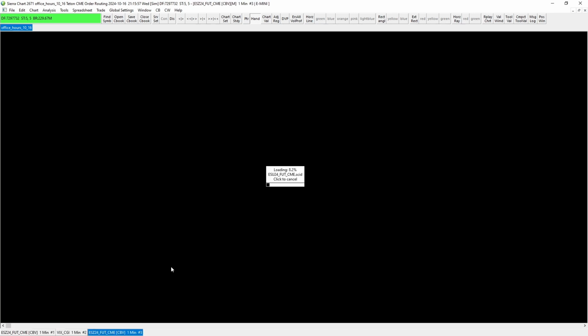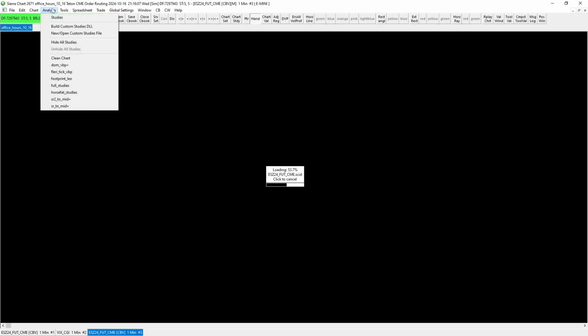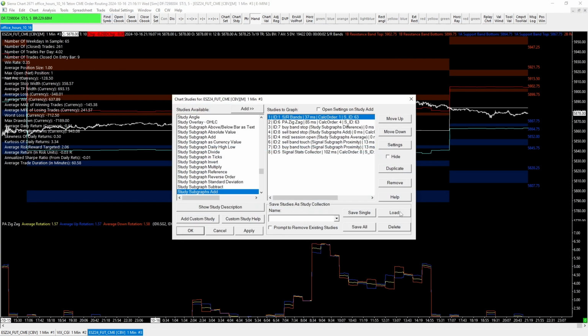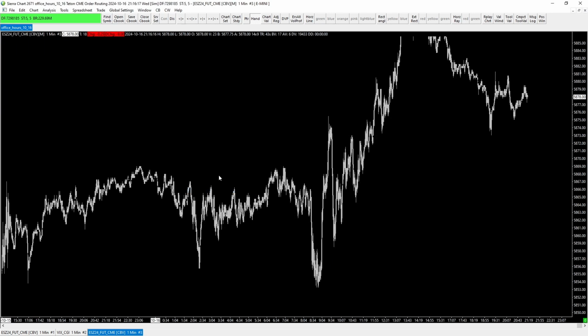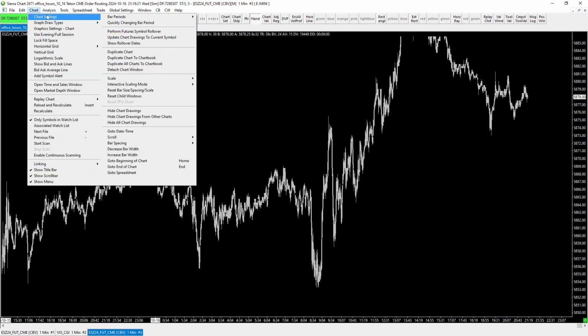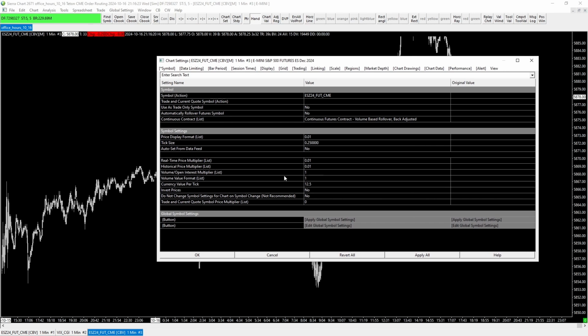Duplicate chart. So let's do it like this. I'm going to make a higher time frame chart with a moving average cross or something like that, and we're going to use that for a trend filter. Let me take all the studies off this one. All right, and we're going to go to a higher time frame and a slightly longer look back, so that when I'm looking at moving averages,